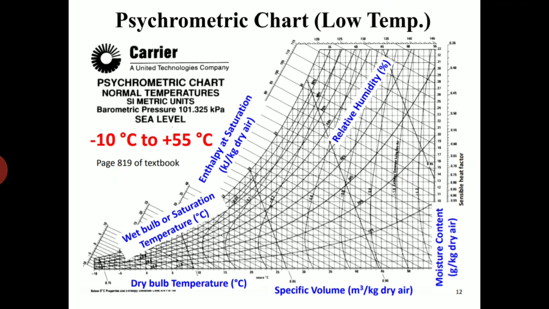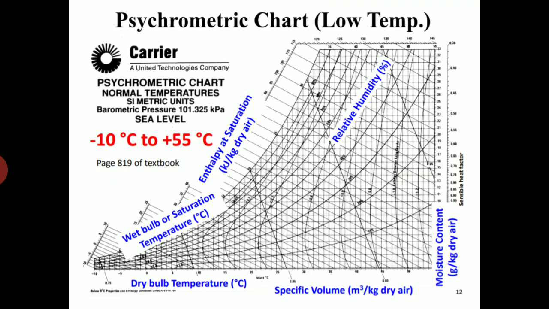Then there is one curve, the saturation curve. On the saturation curve, three temperatures can be obtained: the wet bulb temperature, the dew point temperature, and the saturation temperature. What the saturation curve is, I'll try to explain in coming slides. Another property is the enthalpy values. We calculated H by H equals 1.005 into TdB plus W into 2500 plus 1.88 into TdB. That is by calculation, but H can be obtained directly from this psychrometric chart.